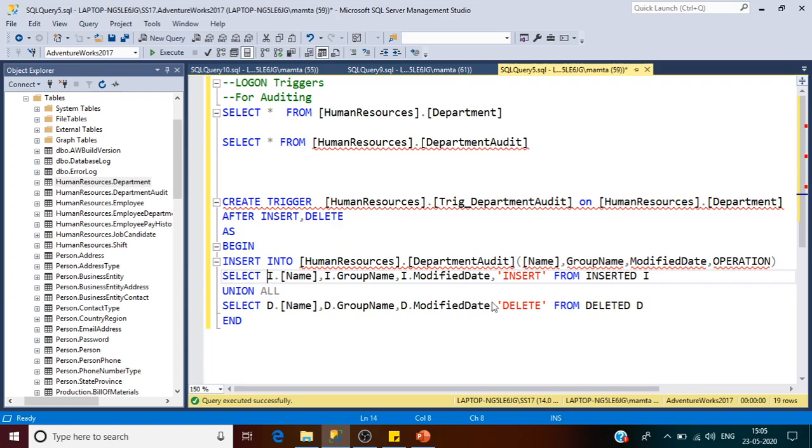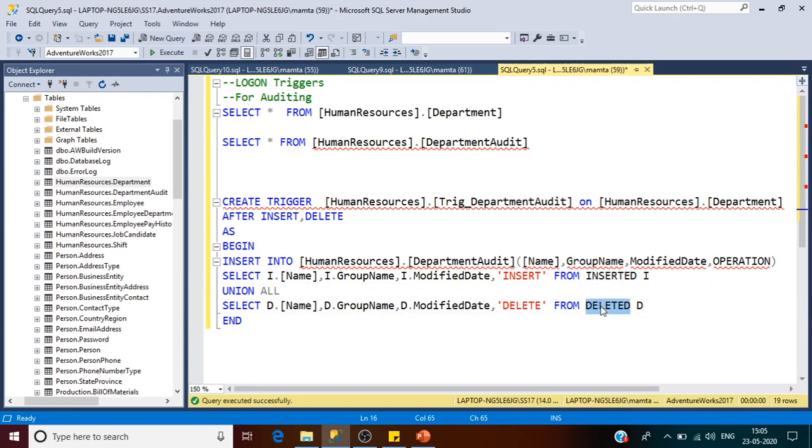select, and it will take the data from inserted. So this inserted, it takes the data from which table? Instead of the department table directly, it takes the data from inserted and deleted. I'll tell you what this is. These are basically virtual tables provided by SQL Server.